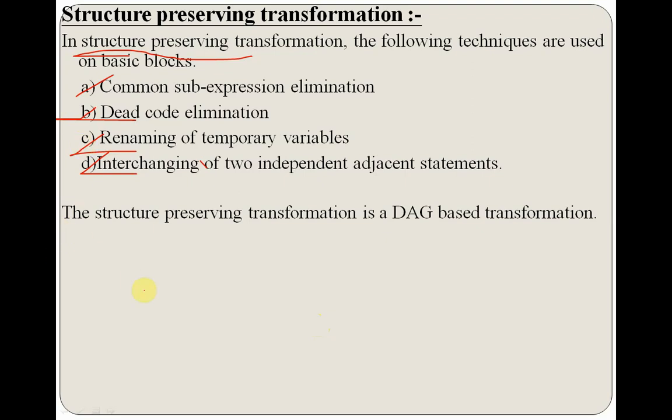All these structure preserving transformations are performed based on a DAG, directed acyclic graph.